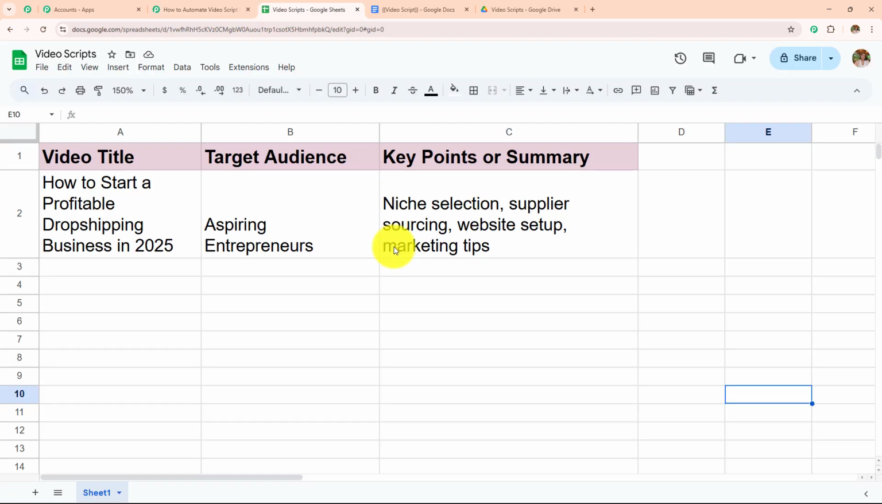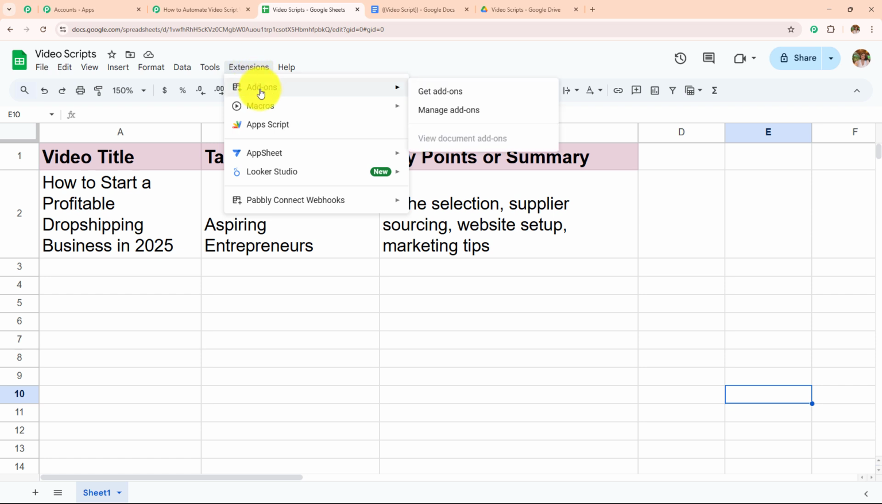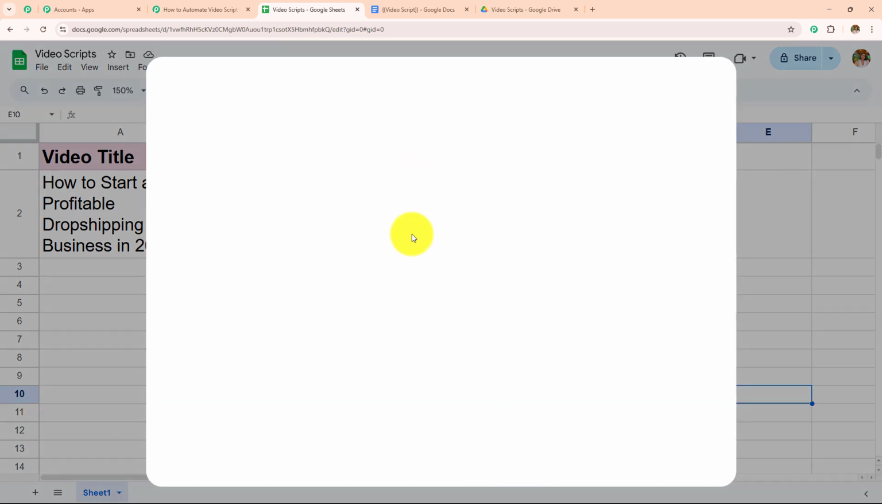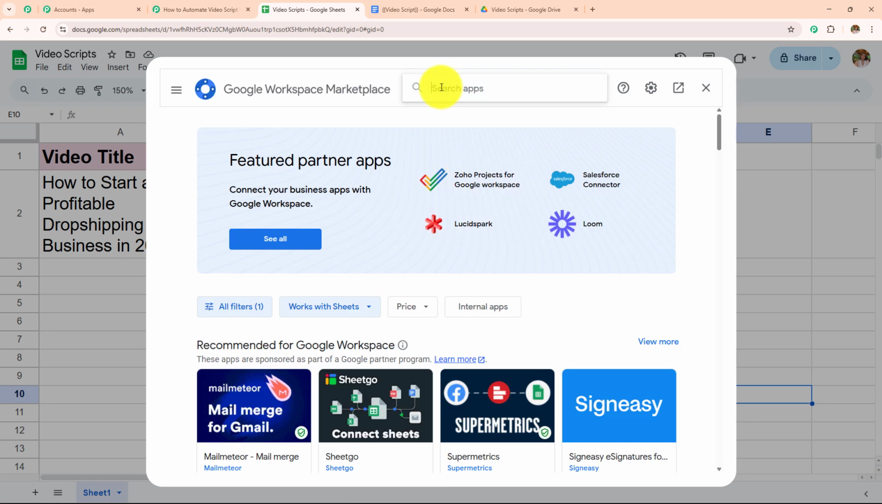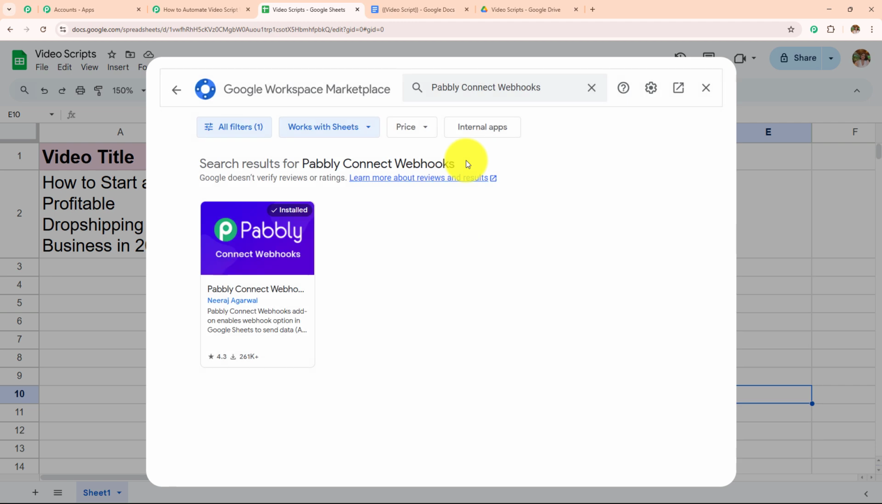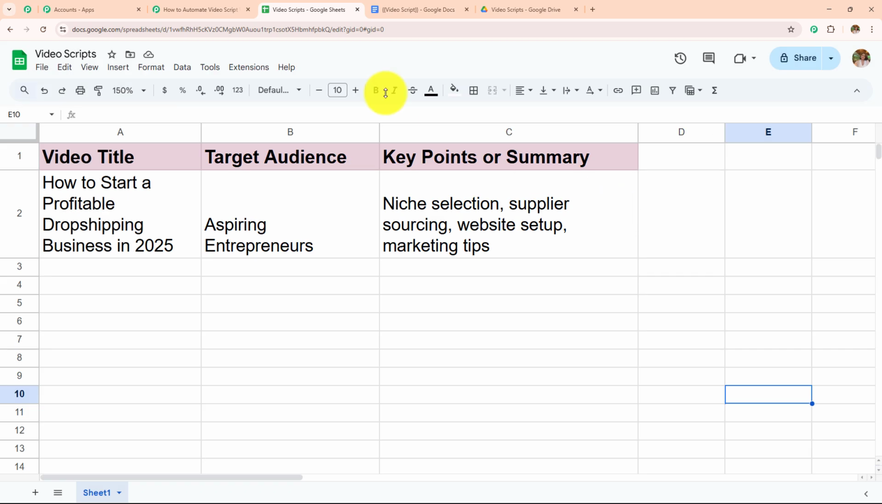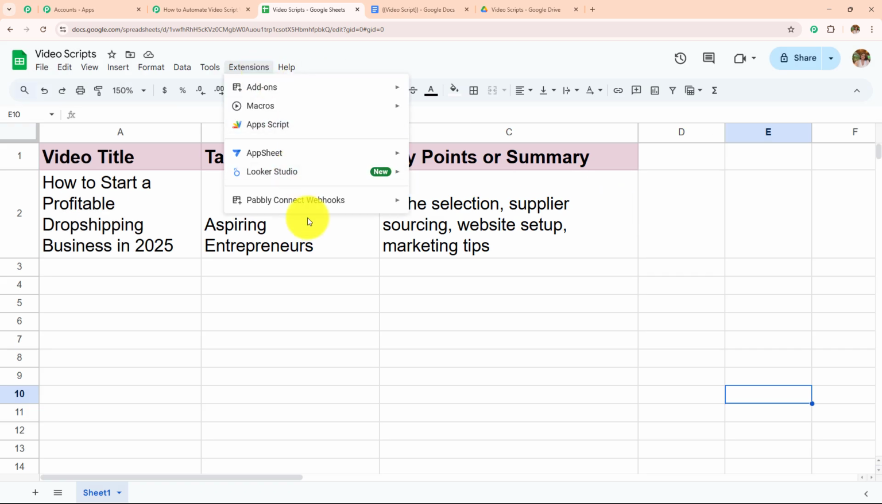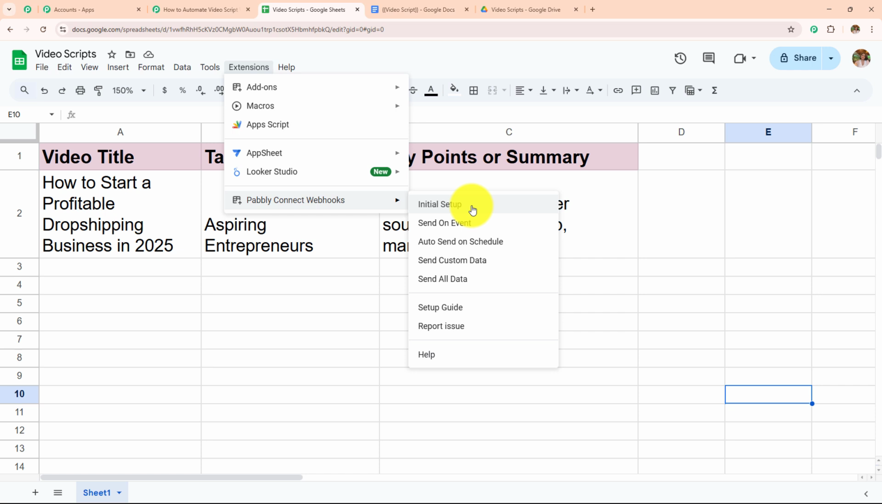So here what I'm going to do, I have to make the connections. For that, I have to go towards extensions, go to add-ons, and then click on get add-ons. Here you will see Google Workspace Marketplace has appeared in front of me, where I need to search for Pabbly Connect Webhooks, and it is showing install because I have already installed this in my Google Sheets. But if you are doing this for the first time, make sure that you have installed this following the same process. Now after you install this, it will start appearing over here,